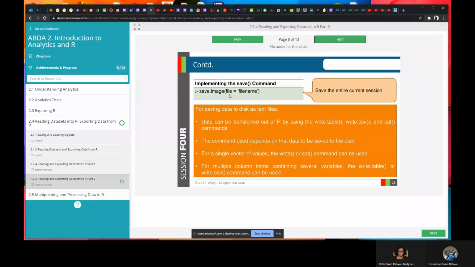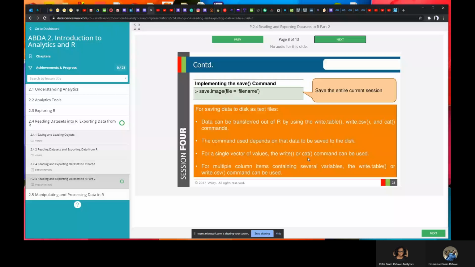So for saving data, data can be transferred out of R using write.table, write.csv and stuff like that. I think we already explained this. So for a single vector of values, you can just use the write command or the cat command.